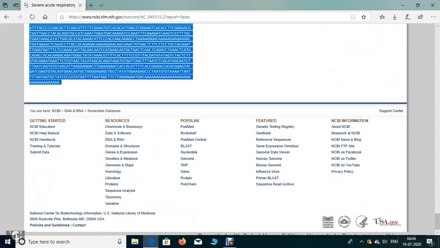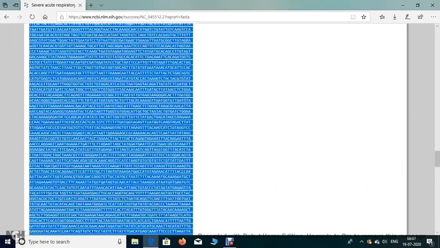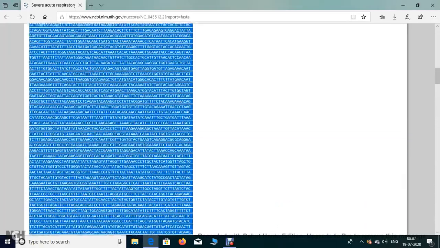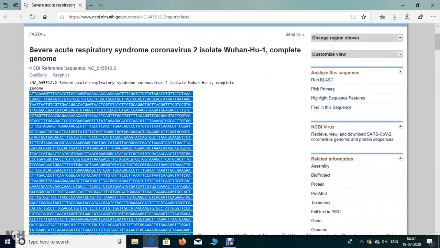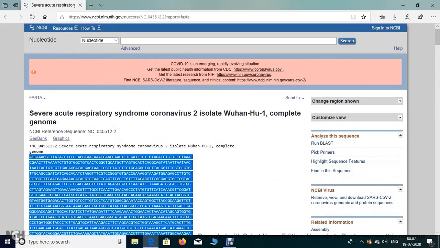Then Control C, copy it. You can see in the last part you find only the adenine base. Only adenine is found. So we copy this format, and you get the gene or nucleotide sequence of SARS-CoV-2. If you try to translate it, meaning you want to know the amino acid sequence of this nucleotide sequence,